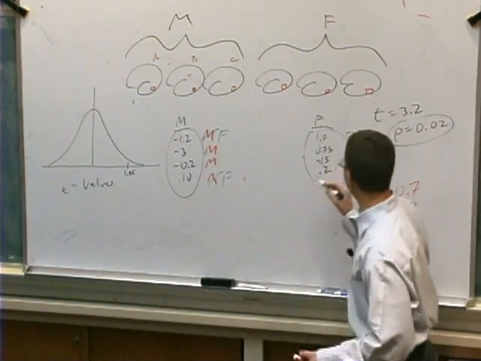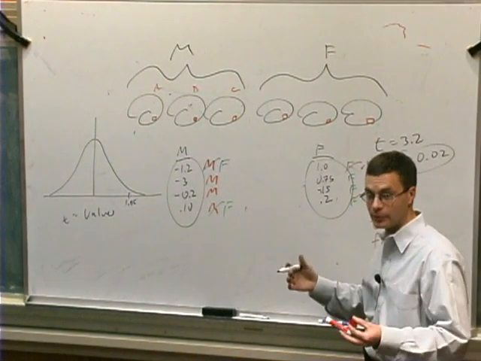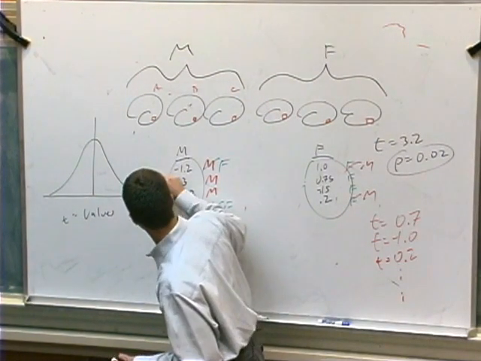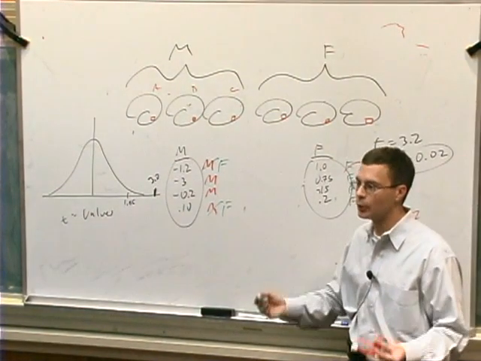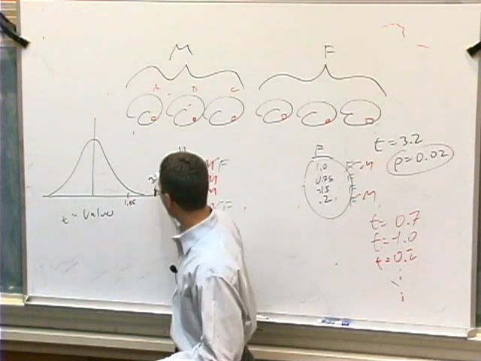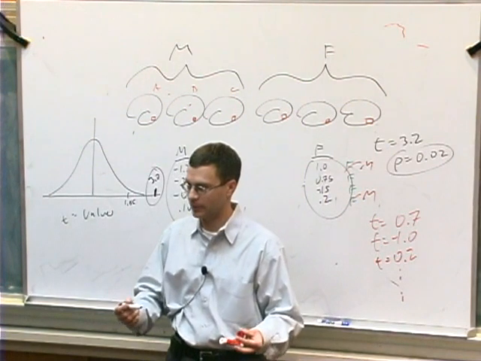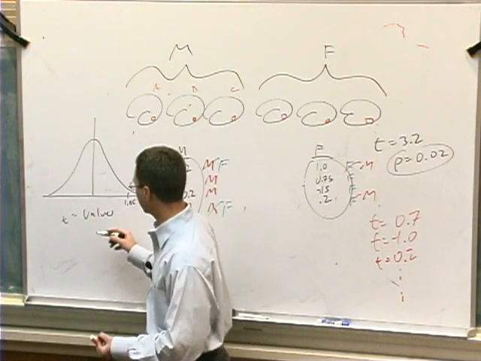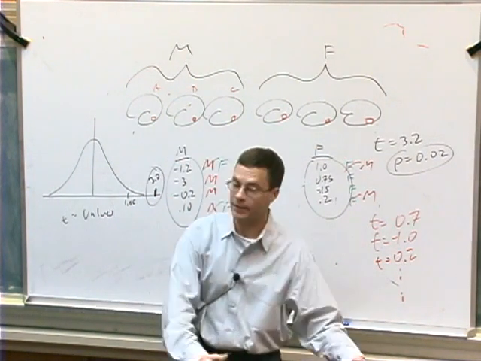And then I look at the actual value that I obtained for the real ordering of the labels. Okay, if I look at the real assignment, right, so I actually remember who was male and who was female, that value came out all the way up here at 3.0. So I'd say it would be very unlikely for it to be the case that there really is no difference between men and women in this measure. Because if I randomize the assignment of male and female, I find that all the t-values that I obtain are smaller than the t-value that I obtained for the actual labeling of male and female. Okay? This is the notion behind a permutation analysis. It allows you to actually, instead of looking up in the back of a textbook and finding out what the distribution of t-values is, go and create the distribution of t-values.